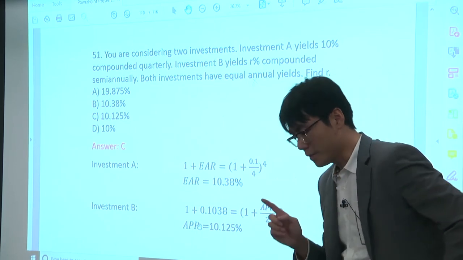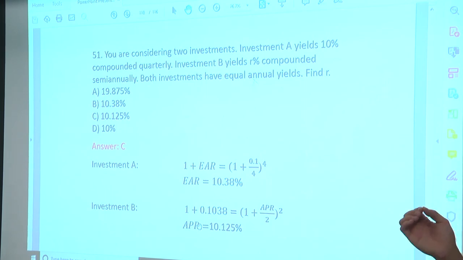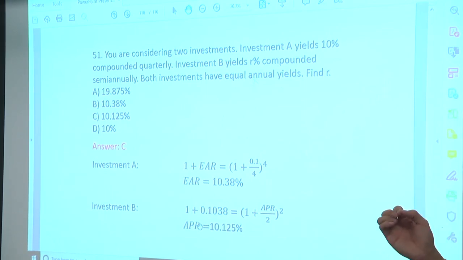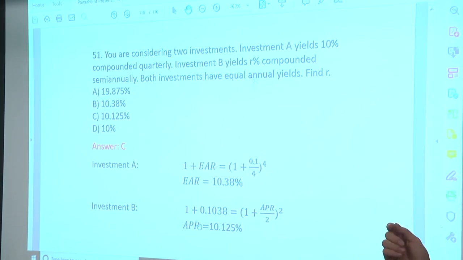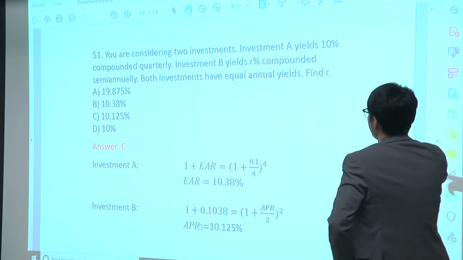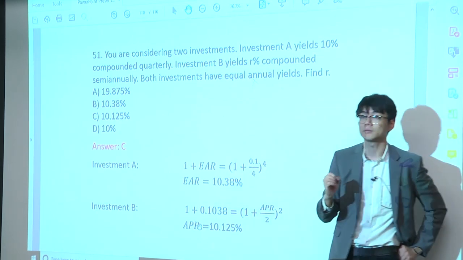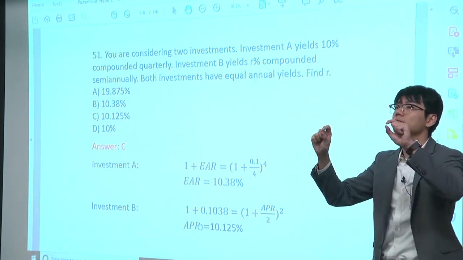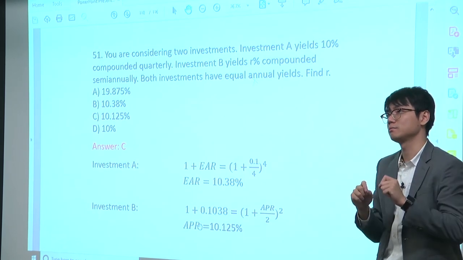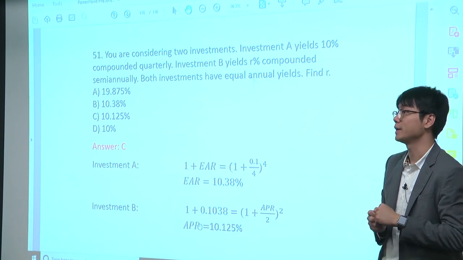Because remember that although I know it's 2 terms, EAR is called effective, which is actually how much amount earned or received or paid. Okay? APR is a notation. Okay? If it's APR 10%, quarterly compounded, the real investment return is 10.38%. Okay? Although it's denoted as APR, it's really earned as EAR, just like a credit card. It says 30%, but it's actually 35% if you're really paying for that.